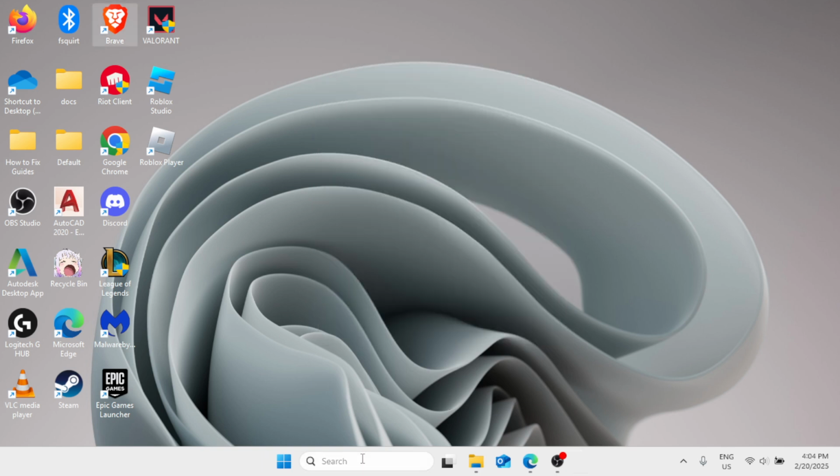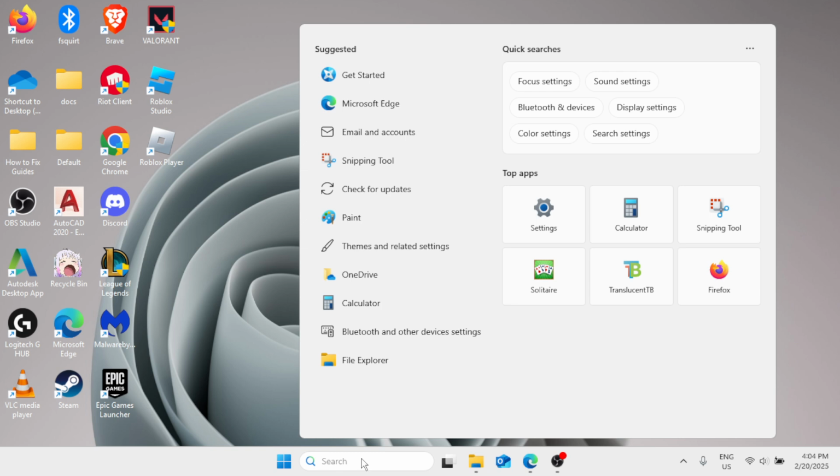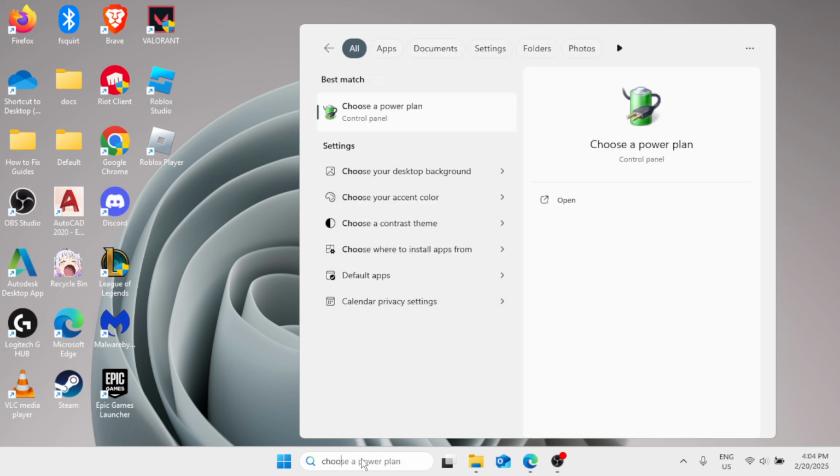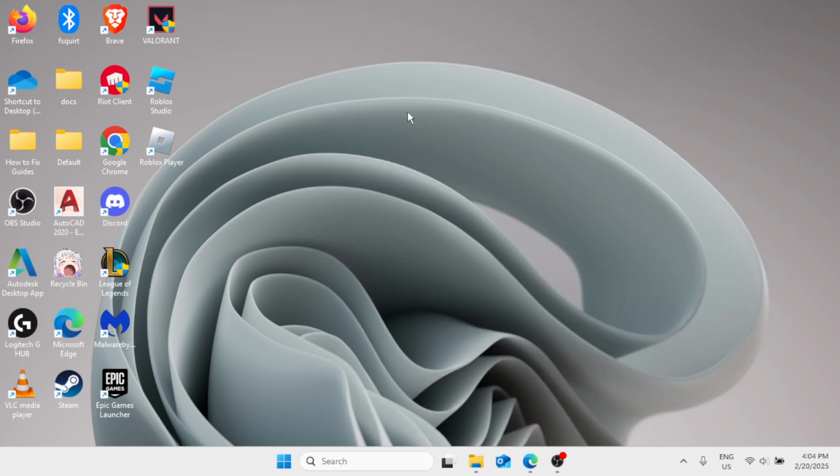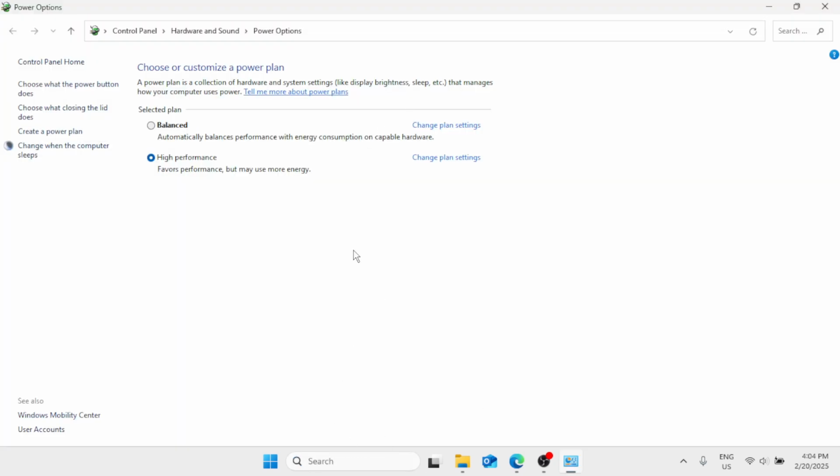Then we also need to choose our power plan. Type choose a power plan in the Windows search bar. Click on it. If you have High Performance or Ultra High Performance on your Windows, then you can choose either one. If you don't have that, then you can search for how to enable High Performance and Ultra High Performance on your Windows and basically choose either of them. And once done,